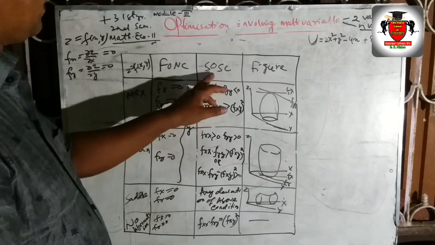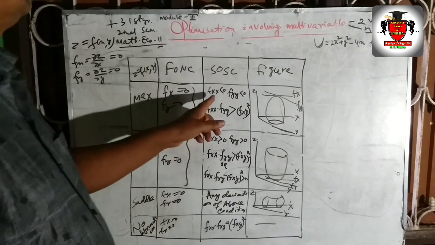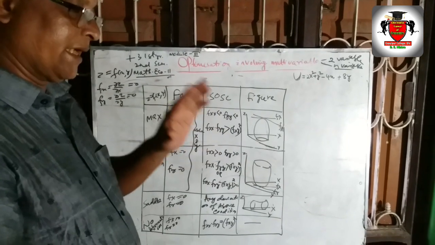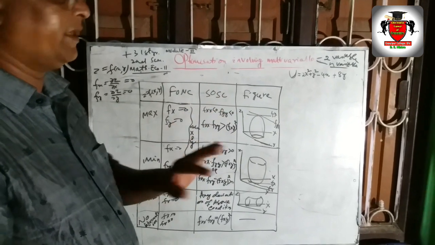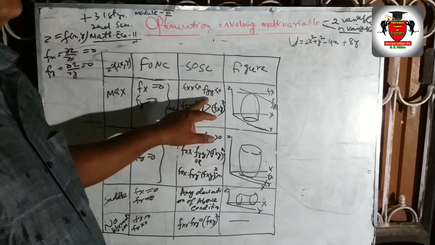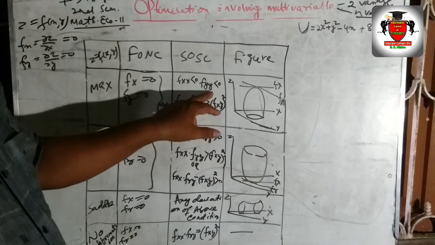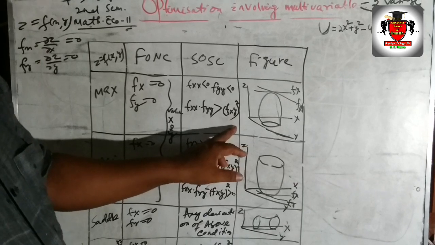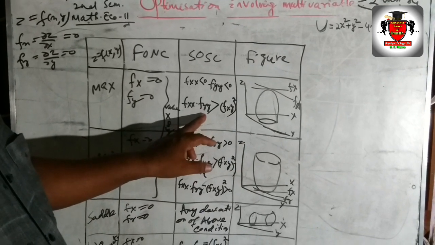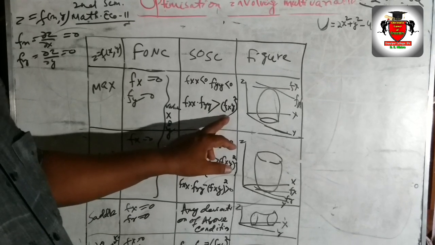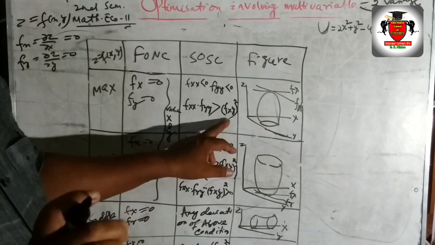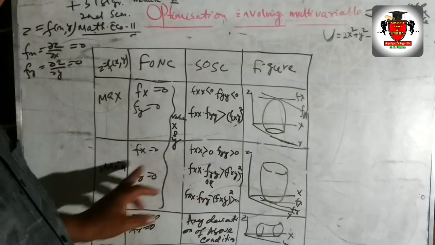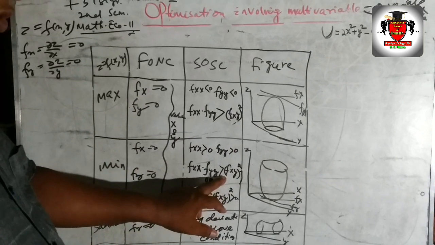The maximum condition, the second-order supplement of maximum, gives us that fxx, the second-order direct partial derivative with respect to x, and fyy, the second-order direct partial derivative with respect to y, should always be less than 0. But the most important condition given here is that fxx times fyy should be greater than the second-order cross derivative fxy squared. This should be greater, and in the minimum case we also find this.